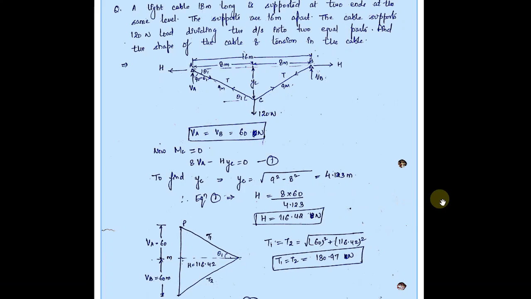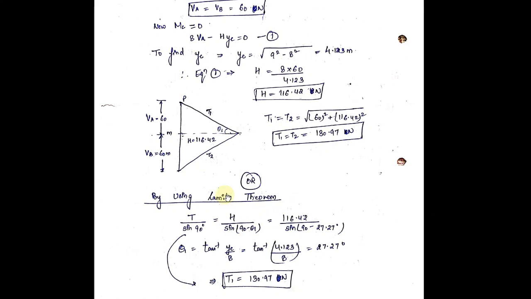See, we can do this numerical by one more approach, that is by using Lami's theorem. See, Lami's theorem आपका क्या बोलता है? See, if I see this triangle, see this angle is theta 1 and this angle will be 90 degree. So see the summation of all the interior angles of a triangle are 180 degree. अगर ये 90 है, ये थीटा 1 है, तो ये वाला एंगल कितना हो जाएगा? P वाला एंगल 180 minus 90 minus theta 1. So you will get 90 minus theta 1. So angle P will be equal to 90 minus theta 1.